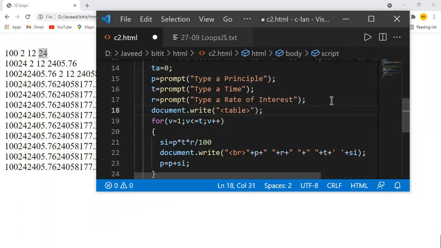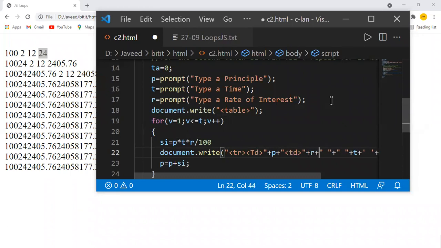Then inside this, I want the data to be printed in the form of a table, right? So for that, I'll call the tr td. When I call td, it's going to form a table data. So I'll just use one more table data.